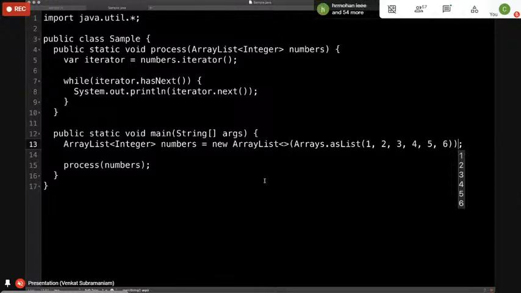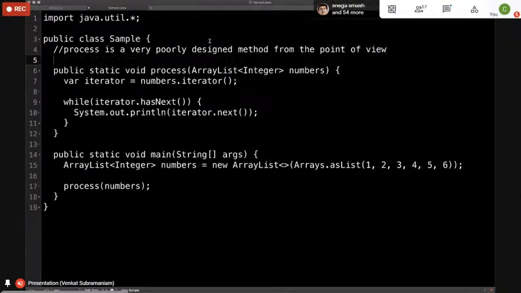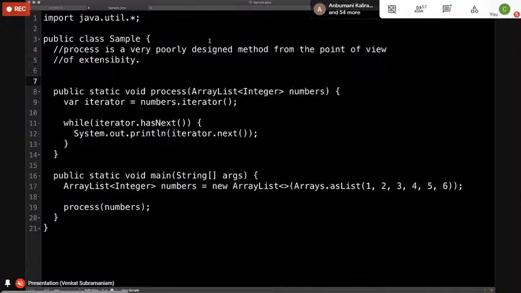Now, when you look at this code, what is the problem with this code? The problem with this code is, process is a very poorly designed method from the point of view of extensibility. So if I were to come to you and ask the question about this function and say, what do you think of this?